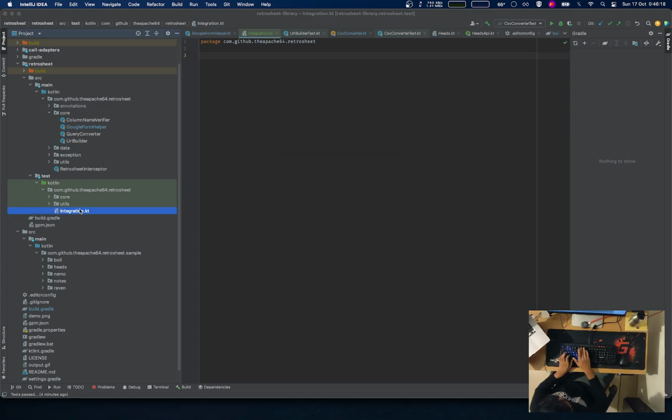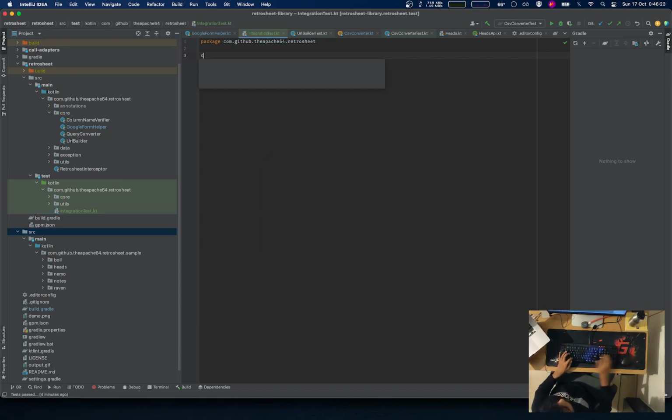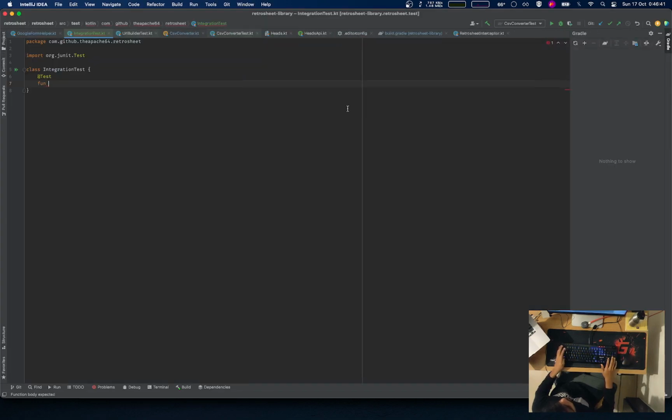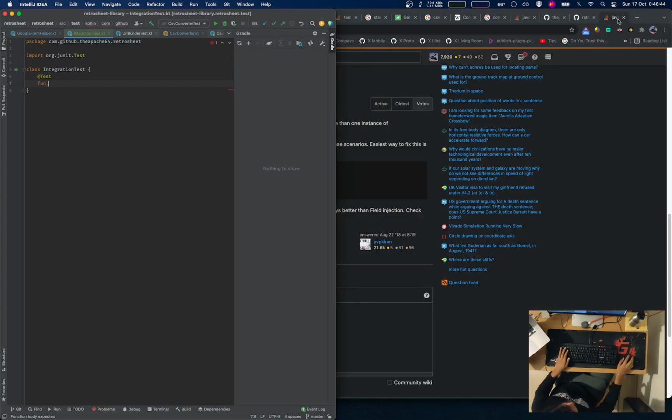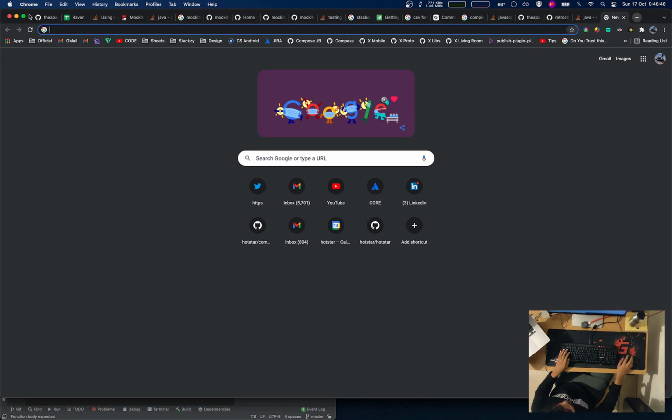We'll call this integration test, and we will have a file here. And what are we going to do? We will first test if the library can read data from the Excel sheet. For this we will create